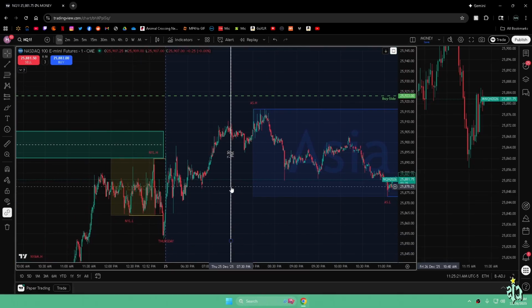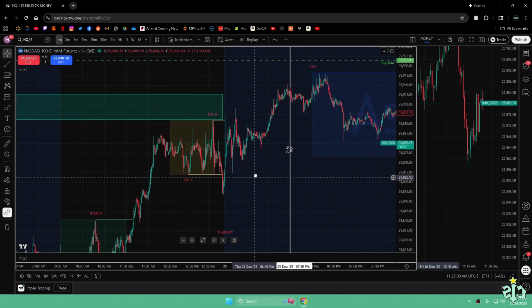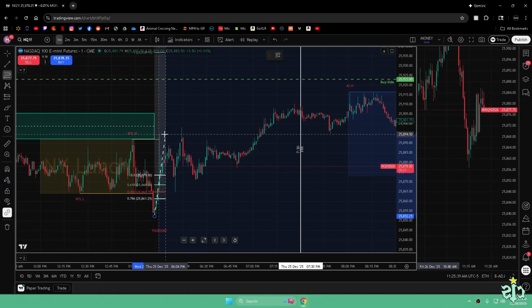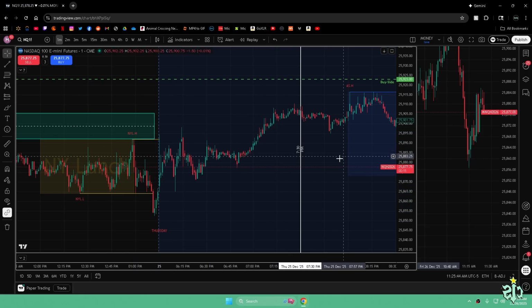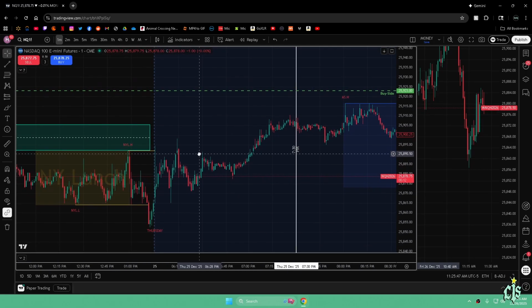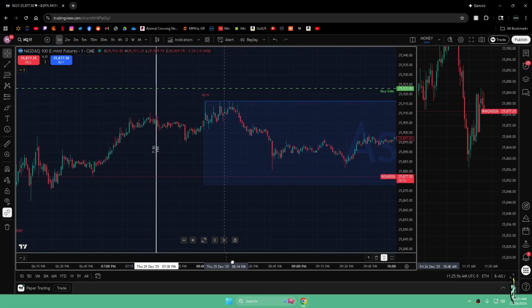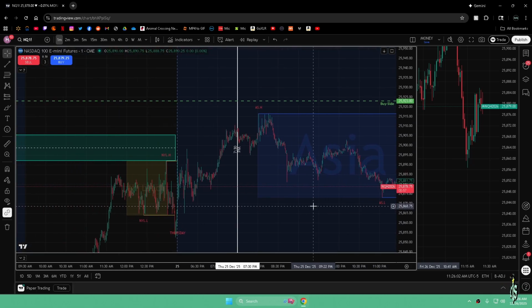So first thing you want to do is never trade unless it's after 7:30, right? Because this time frame is where you want to gather information, right? So first things first, you could have taken this trade if you wanted to, but for me, it's not in my time frame, so it doesn't concern me. And you doing this, waiting, builds patience in the long run, right? Because with these fibs, you want to wait for pullbacks. You want to wait for the pullback, and then that's where you get your trade, right?